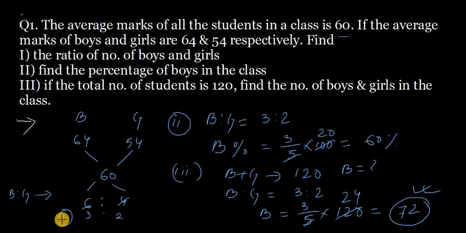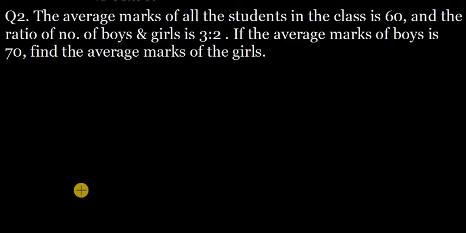Next question: the average marks of all the students in the class is 60 and the ratio of number of boys and girls is 3:2. If the average marks of the boys is 70, find the average marks of the girls. This allegation rule is very important, so pay attention. The average marks of all the students in the class is 60 and the ratio of boys and girls is given, and the average marks of boys